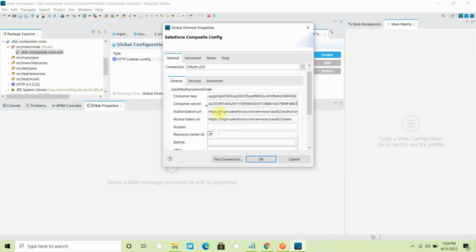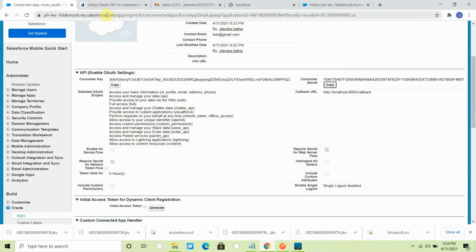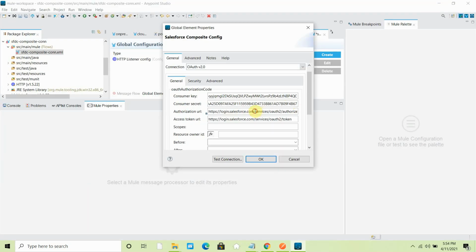Now make sure the authorization URL and access token URL are correct, but sometimes the domain may differ for you, so make sure you are putting your own domain. In my case, my domain is this one. I will copy this, paste it, and remove the domain.